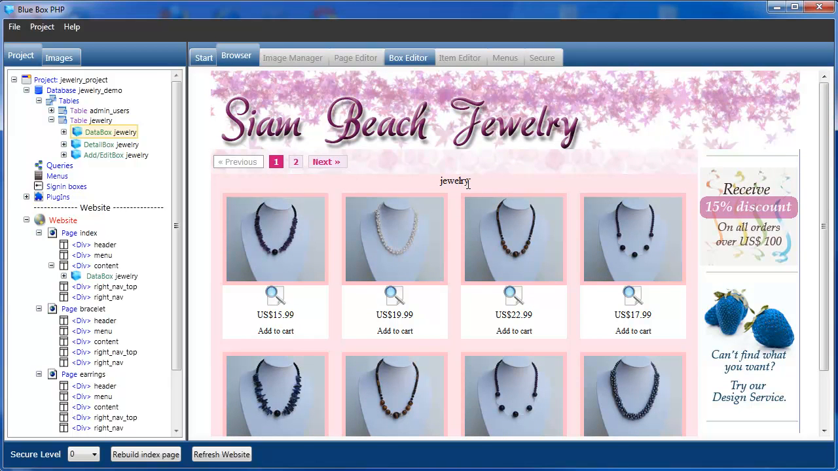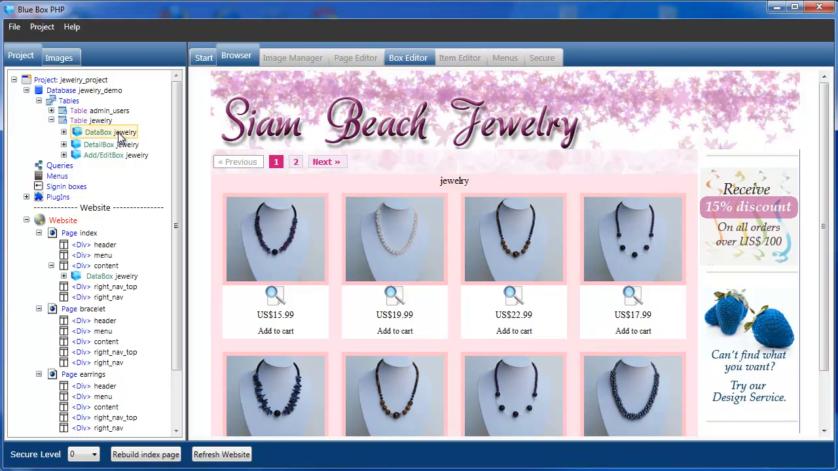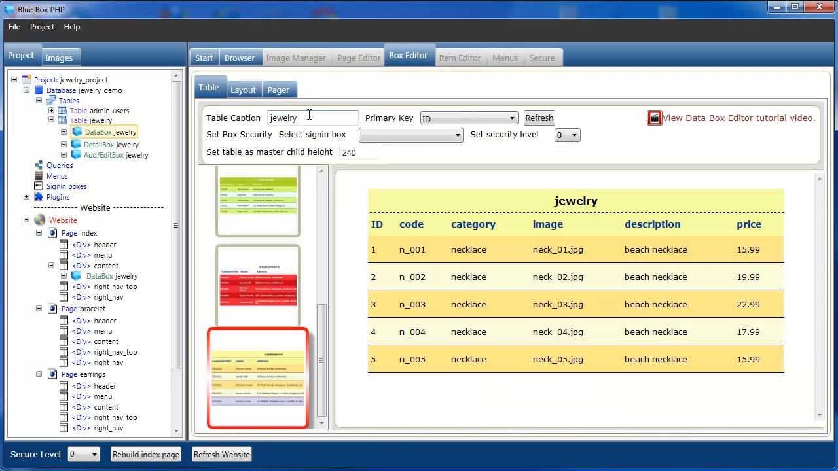Okay, and just looking at it, what I also want to do is remove the caption of jewellery and not have any caption there. The data box for jewellery selected in the box editor, we want to select the table tab, and we'll just clear the caption. That will remove the